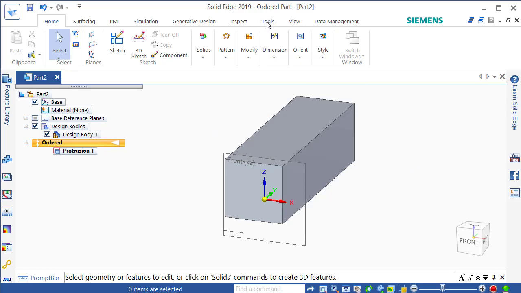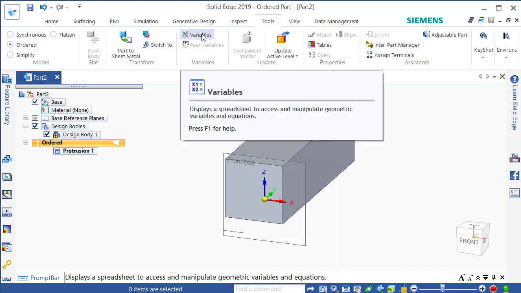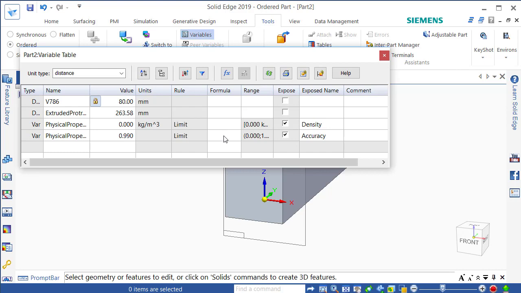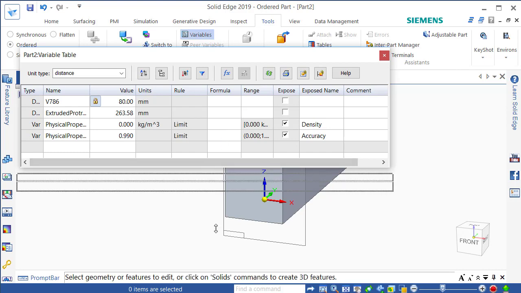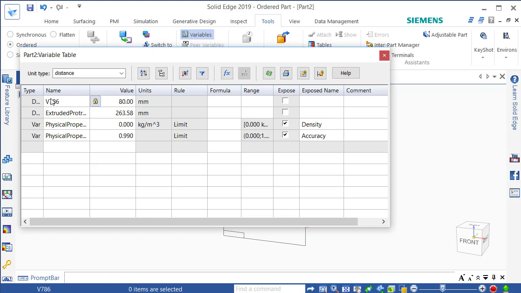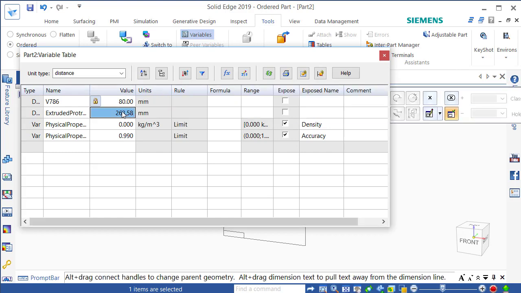In the Tools tab, there is one called Variables, and I can look in that. It's a little like a spreadsheet. If I look in there, I can see that there are some variables here. One of them is 80, and that's the dimension that we used. The other one is this extended protrusion finite depth. Well, that's the distance that I extruded my square along to. Now I could just simply go in there and change that to 80, but that means I've got two different dimensions, and every time I change one of them I've got to change the other to keep the thing as a cube. So instead of doing that, I'll go into the formula box here,